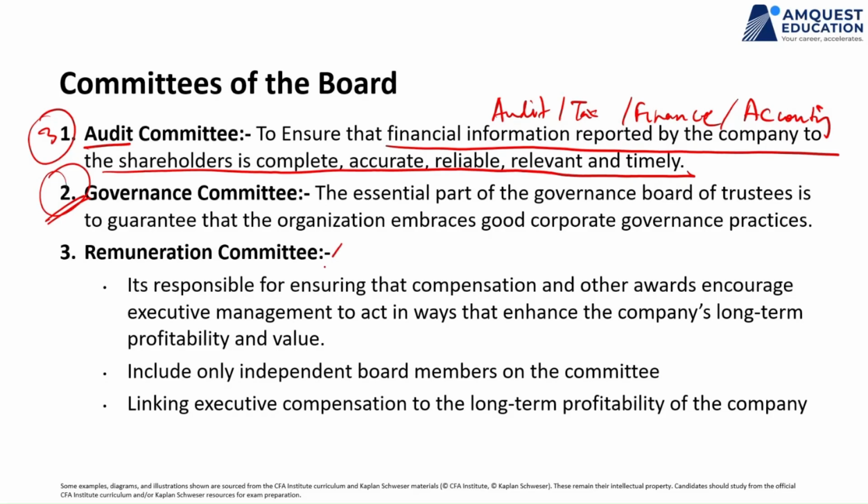Remuneration, this is sometimes also called the nomination and remuneration committee. So in some of the publications, you will also find the word nomination and remuneration committee. Their job is first to nominate executives, right? So if you're looking for a CEO, CXO position, they nominate people. And along with nominating, they also ensure that the compensation is set for executive management. They generally are responsible for setting compensation for executives.